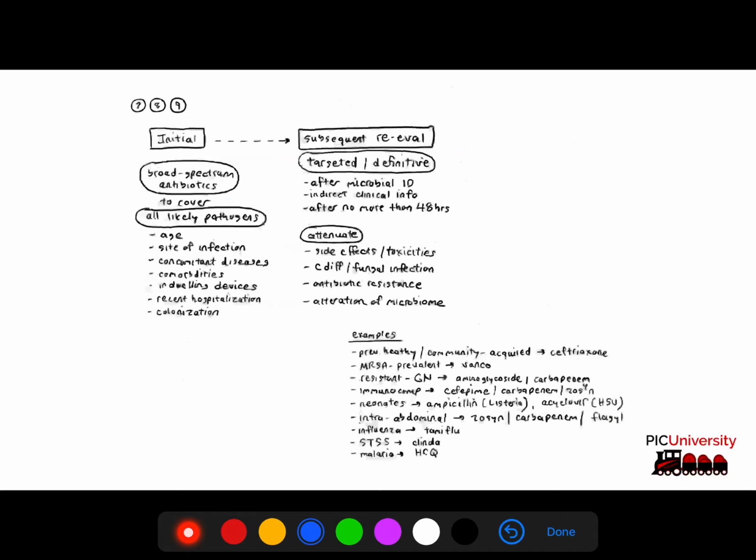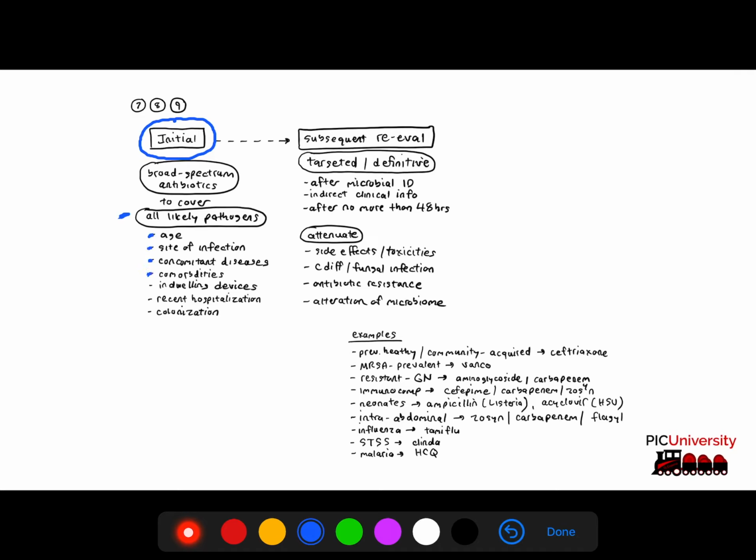Next recommendations regard the selection of antibiotic therapy. And so in terms of initial antibiotic therapy, the campaign recommends that these patients should receive broad spectrum antibiotics to cover all likely pathogens for that patient. And so the way we would determine all likely pathogens is based on a host of demographic and other specific factors for that patient. And these include their age, the site of a potential infection, any concomitant diseases that they